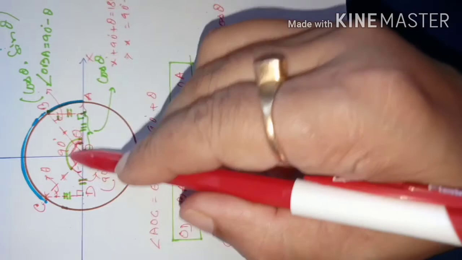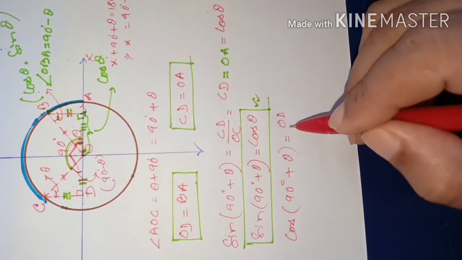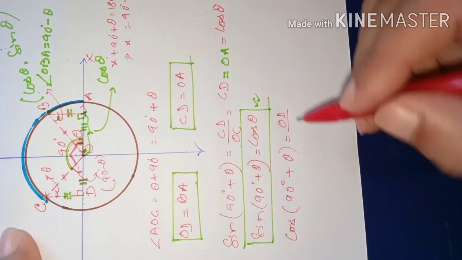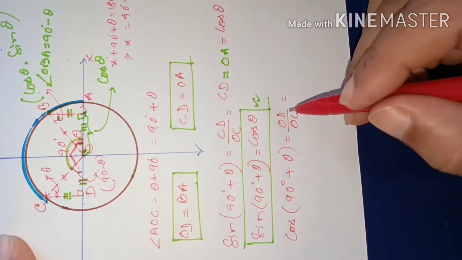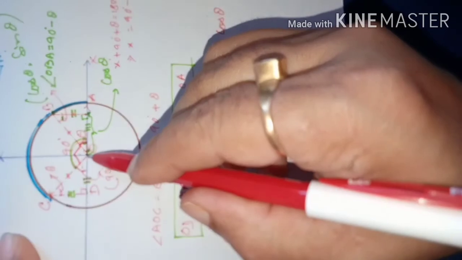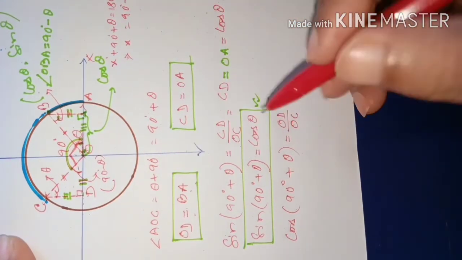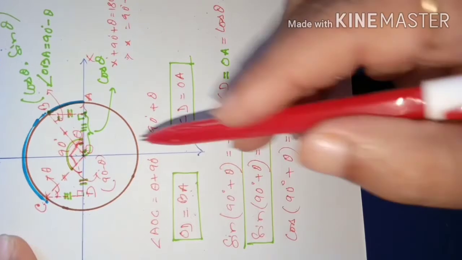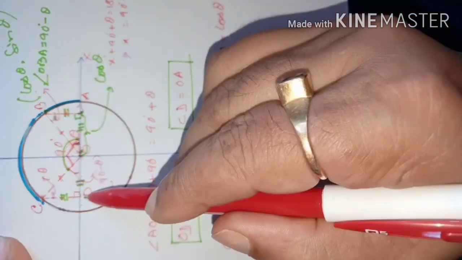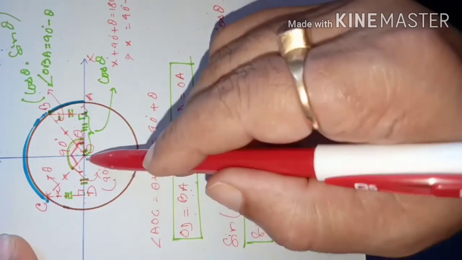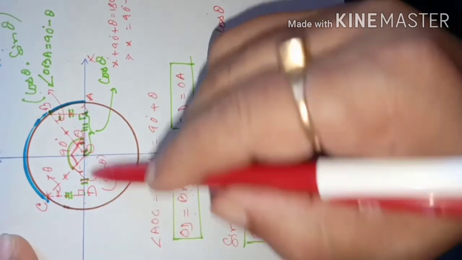For this 90 plus theta, base you take OD, and hypotenuse is what? OC again, OC. Now, dear students, OC is 1 and OD, numerically, OD is equal to BA. But dear students, BA, though it is equal to OD, OD is on the negative side of this x-axis. That is, its length will bear a minus sign because it has a direction, the negative side.